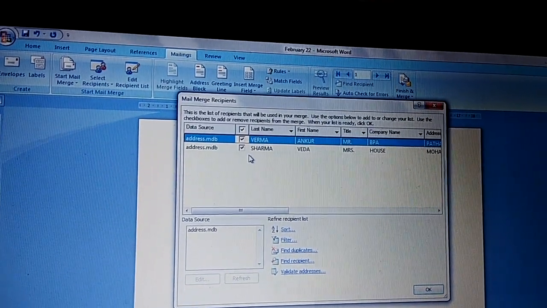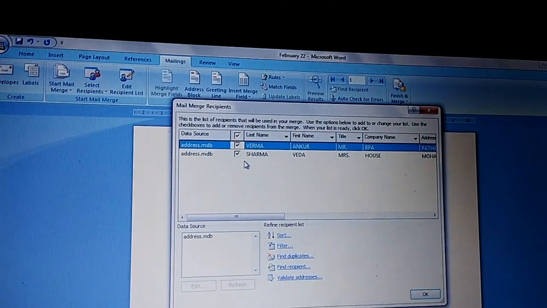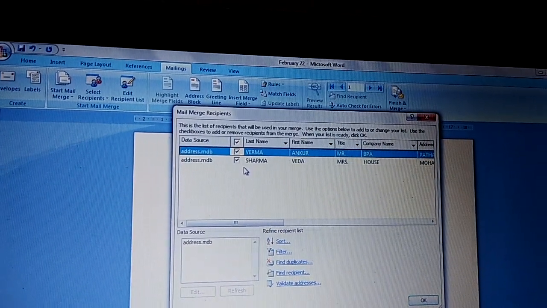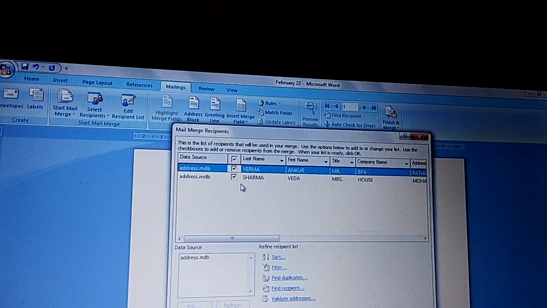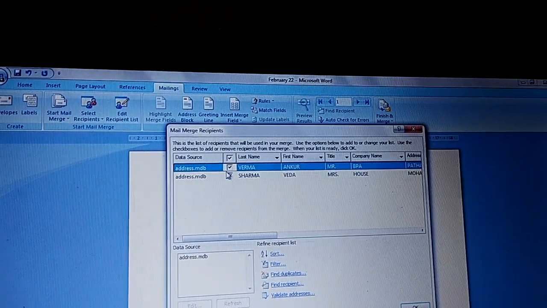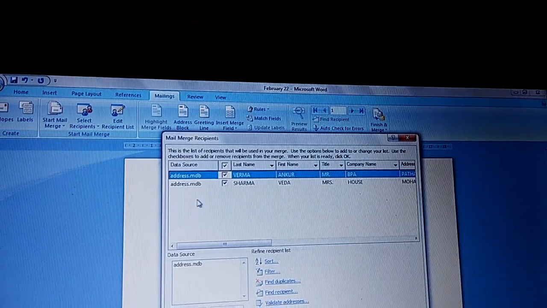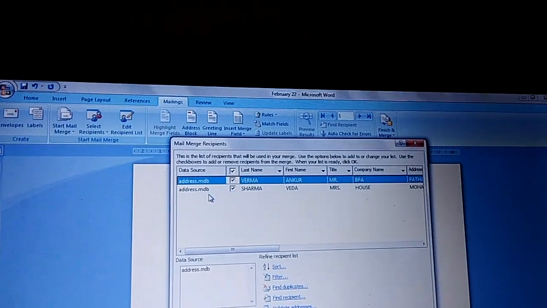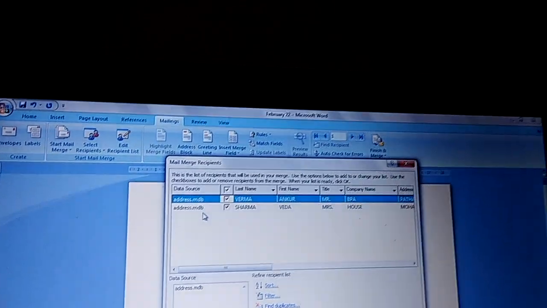Then when the dialog box appears, this area shows all the people on your mailing list. To sort the list, click on the heading of the column you want to use. A check mark beside a person's name indicates that Word will create a personalized letter for the person. To add or remove a check mark, click the box beside the person's name.